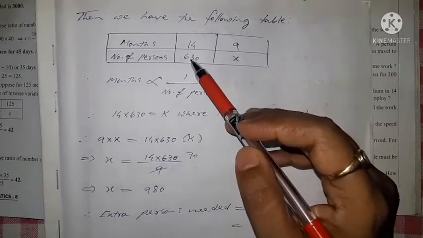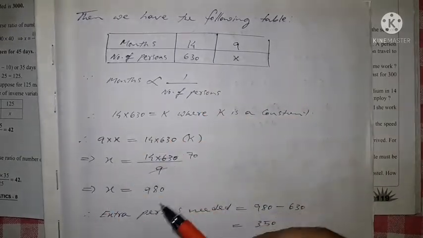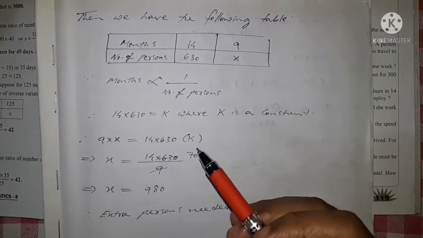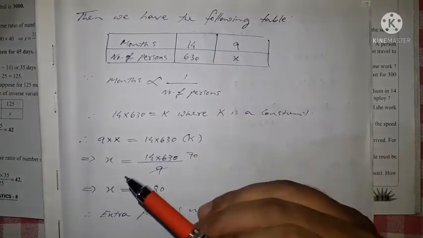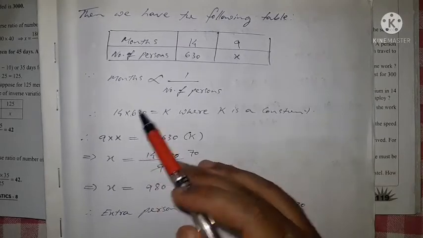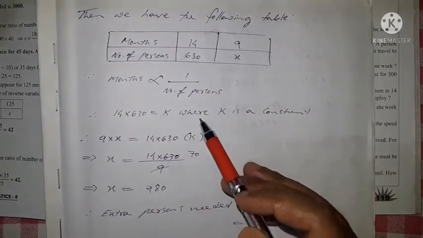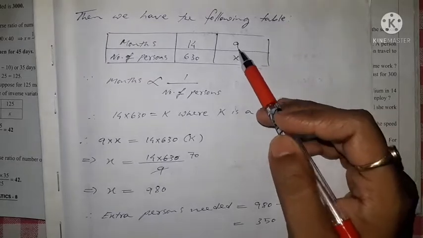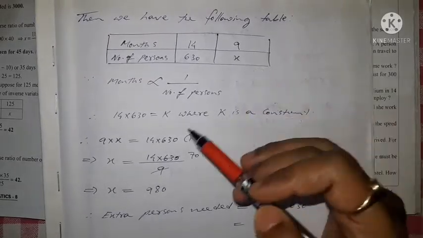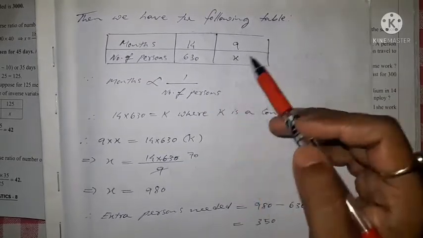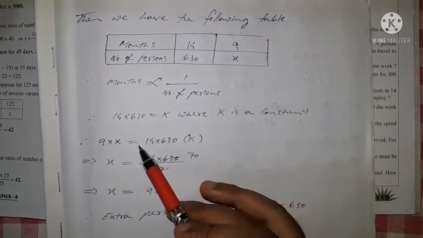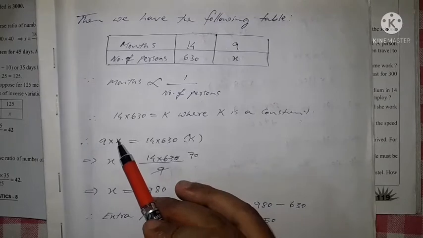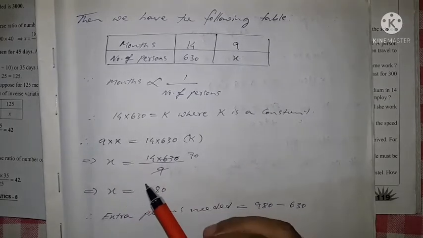So therefore 14 into 630, similarly as earlier. So 14 into 630 is k, that means it is the value of the constant; the value remains constant here. So therefore 16 into 630 is k, where k is a constant. So therefore 9 into x will also be equal to the value of k. So since k is constant, 9 into x is also 14 into 630, which is the value of k. So if we find the value of x, that means if we send 9 to the other side,